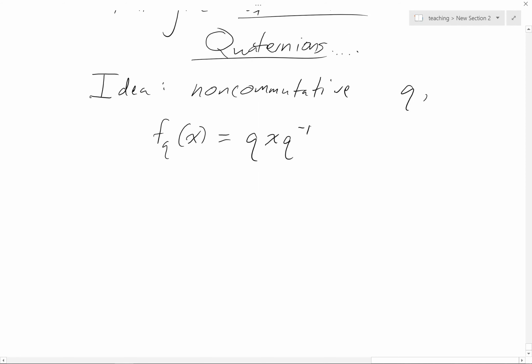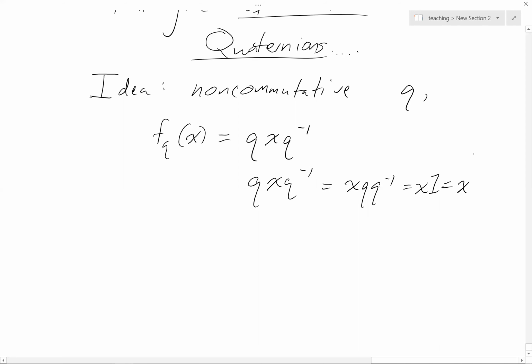Now for a commutative situation, this would be silly because qx q inverse, since it's commutative, would be the same as xq q inverse, and q times q inverse is 1, right? So this would just be the do-nothing map